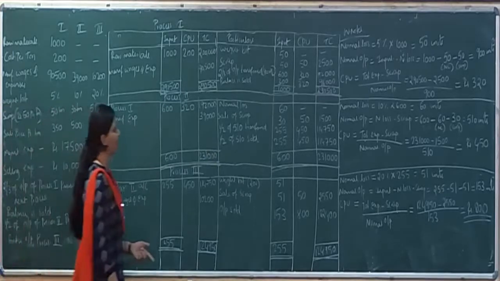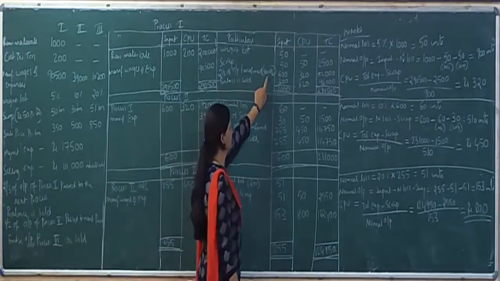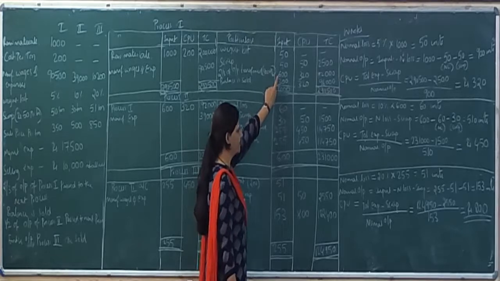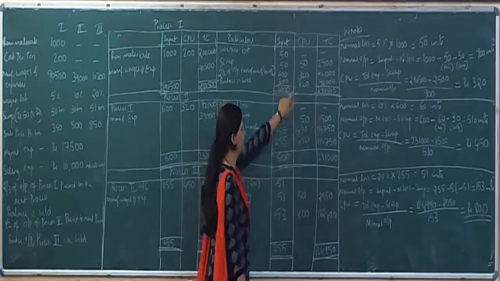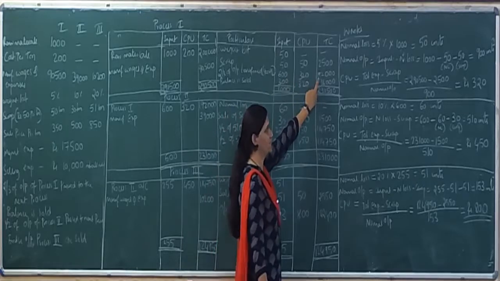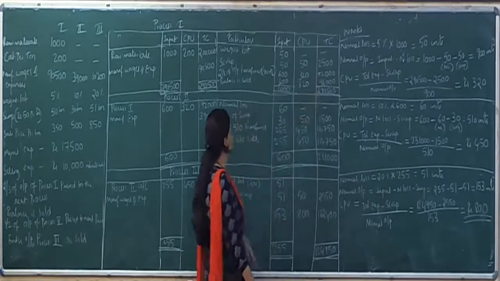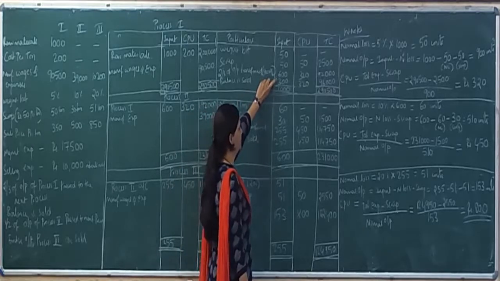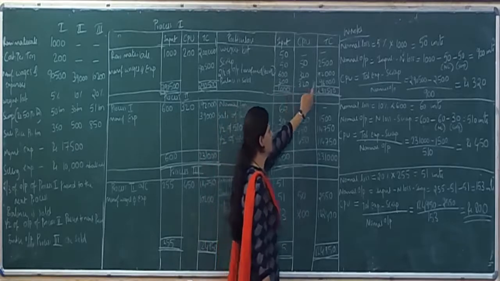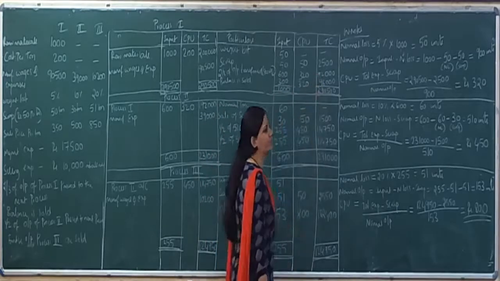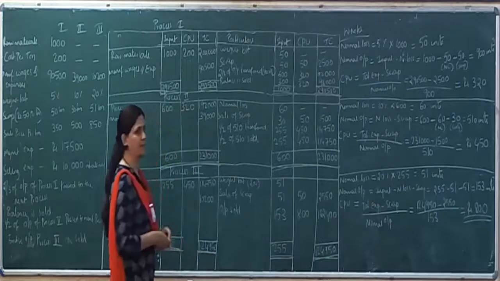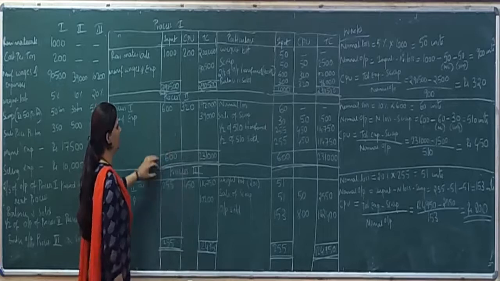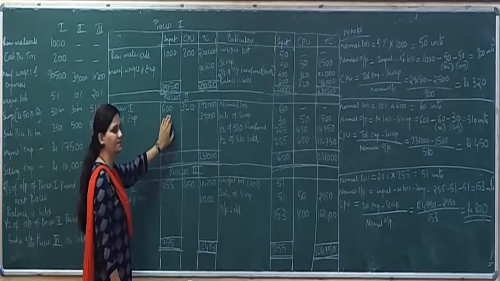As it is given in the problem, 2/3 of the output of process 1 is transferred to the next process. So 2/3 of the output, that is 900, is our output. So 2/3 of 900 comes to 600, and CPU we have found out is 320. So the total amount comes to 1,92,000 and the remaining is sold. So the balance would be 300, and the CPU remains the same. So 96,000 is sold.